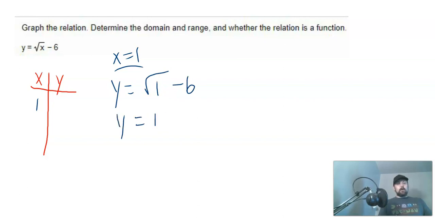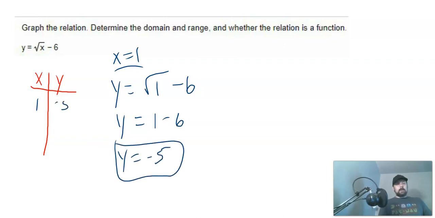The square root of 1 is 1. 1 minus 6 will be negative 5. And so I get y is equal to negative 5. So that's what I put in the table. And that gives me, I didn't really leave myself very much room to write this, but that gives me the solution 1 comma negative 5,